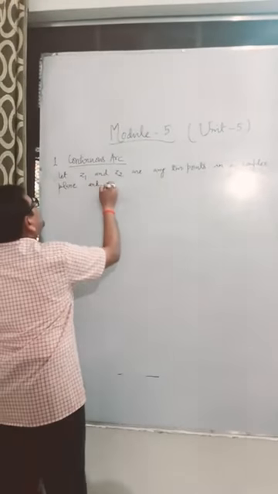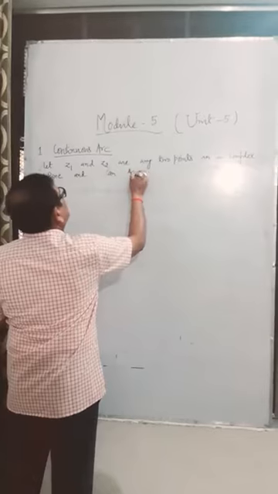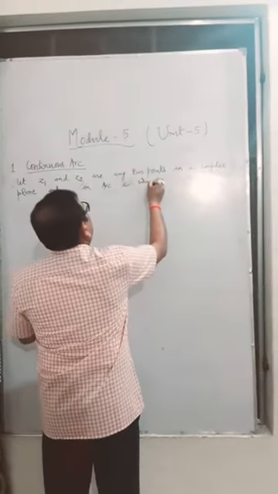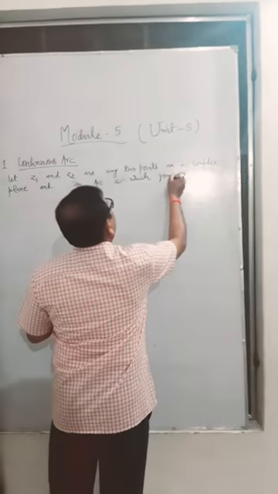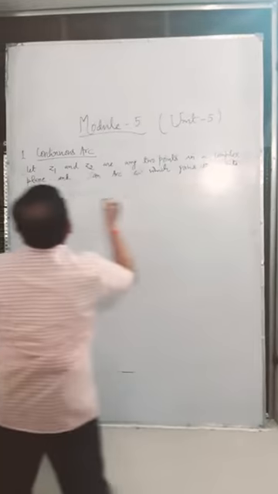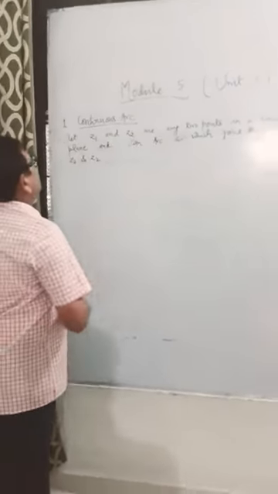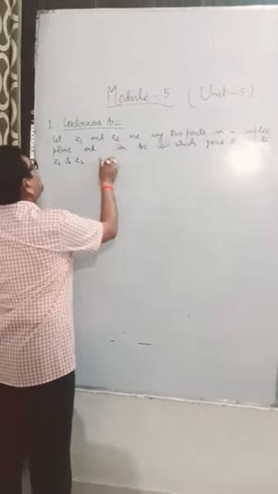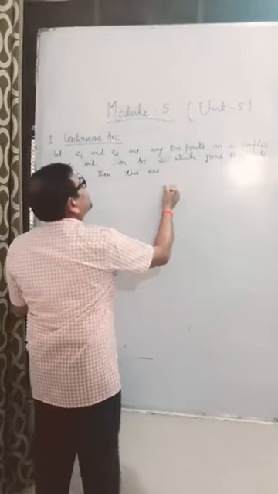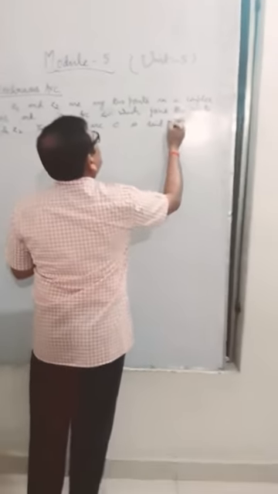And an arc C which joins the points Z1 and Z2, then this arc C is said to be a continuous arc